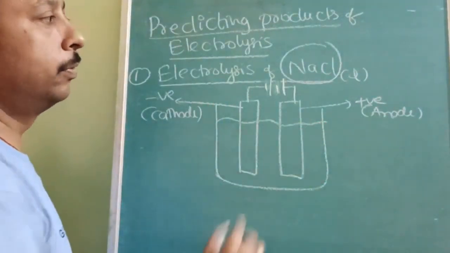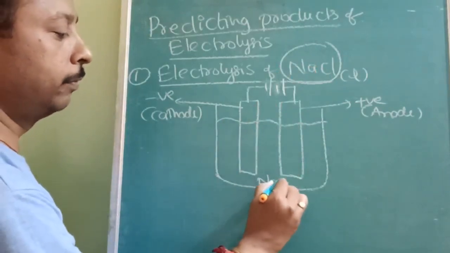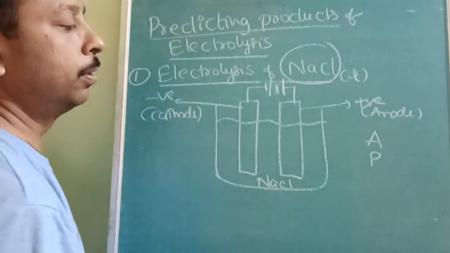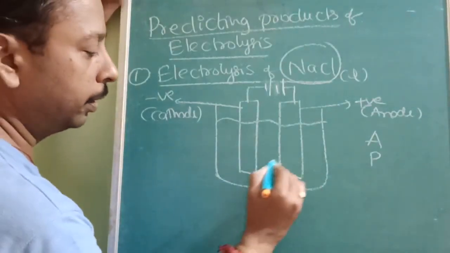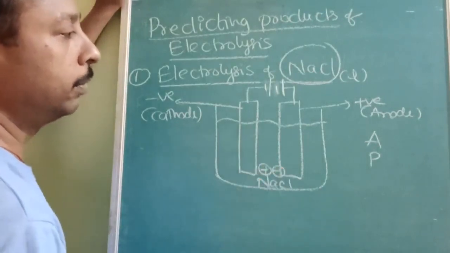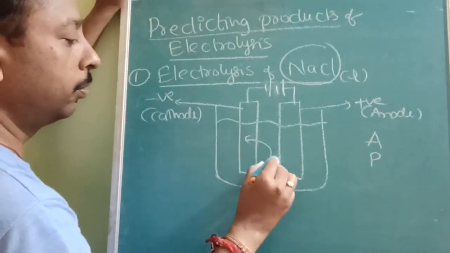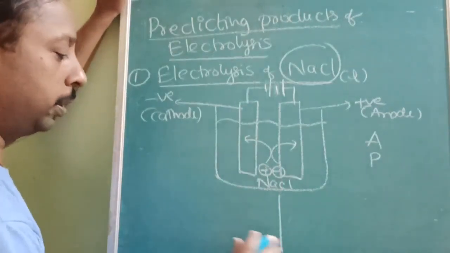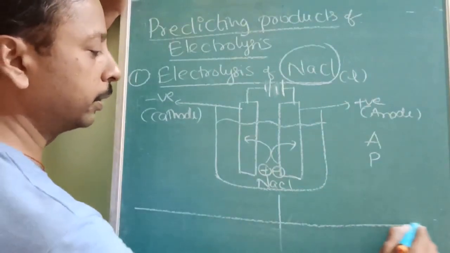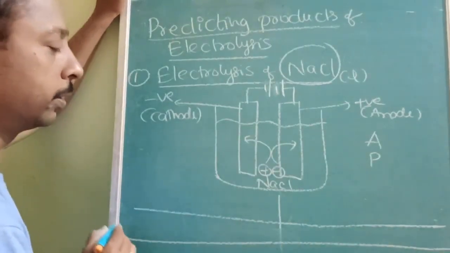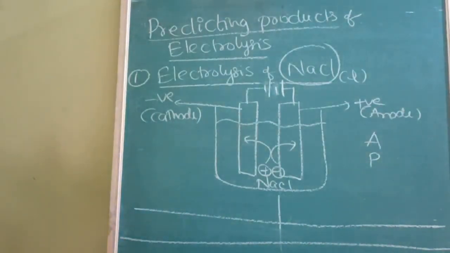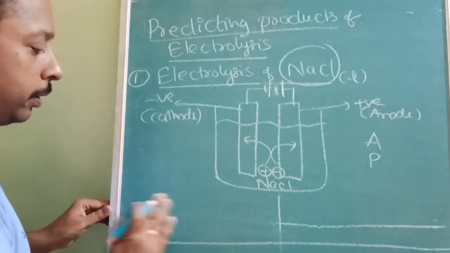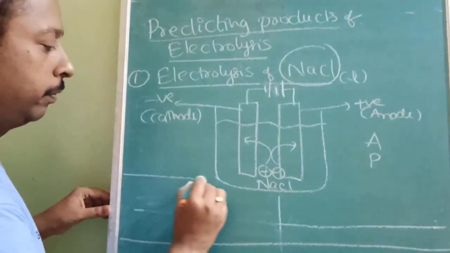Now we will have NaCl. Anode positive, anion negative. So positive will go to the negative electrode, negative will go to the positive electrode. Is this understood? Now I will write the total in this topic. We have to write 3 reactions. How many reactions? 3 reactions. What are those 3 reactions? You will come to know now.